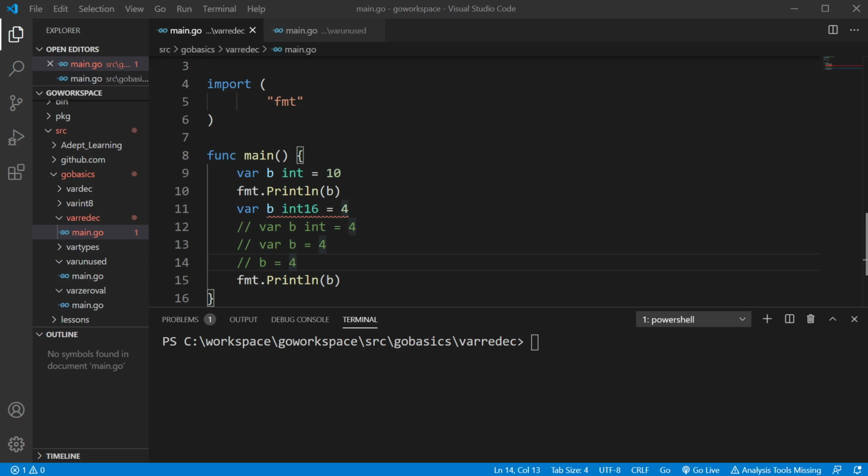All right. We're going to take a look at some common compile errors when it comes to declaring variables. And one important thing to remember is Golang variables are static. That means that a variable's data type will never change. So looking at our example up here, we have variable b of type int, and we're assigning the value 10